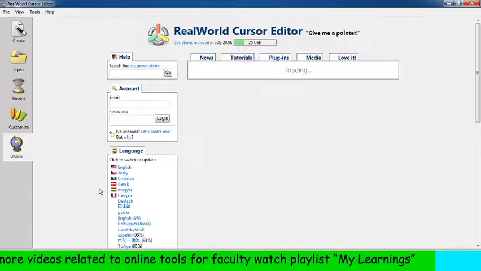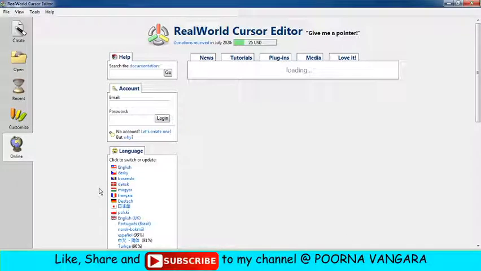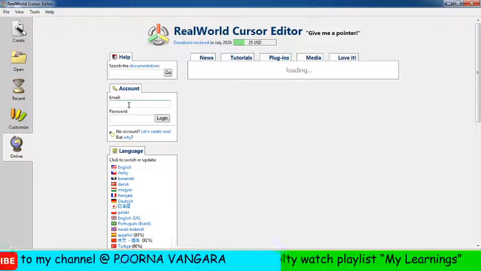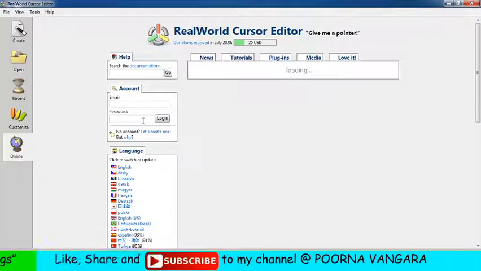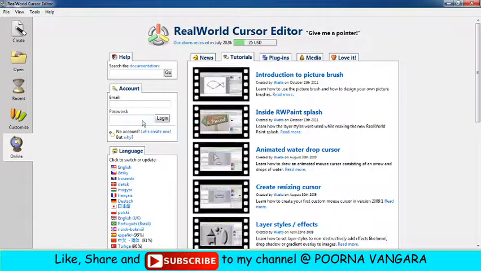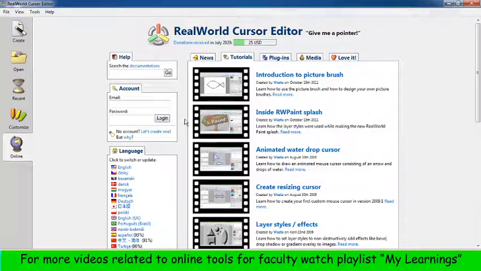You just need to install the software, and after that when you open it, this is the starting page you will be getting. Here you will be getting one option to enter email and password to log in, but you need not log into this software because we are not going to use it much. Our requirement is very simple. We need to use this software to create a simple customized cursor. Anyhow, you will find different tutorials if you want to work with this software more.